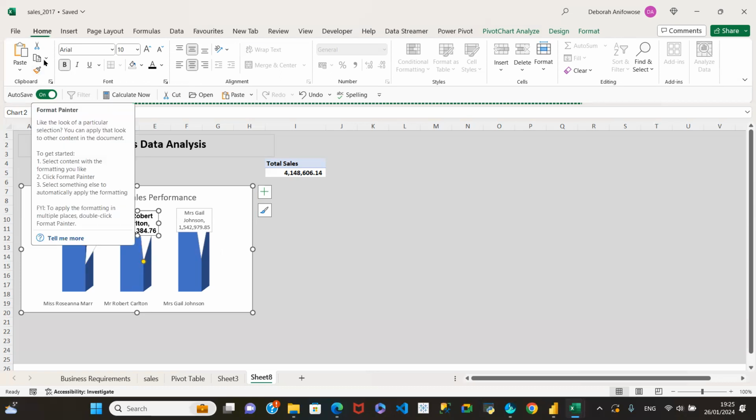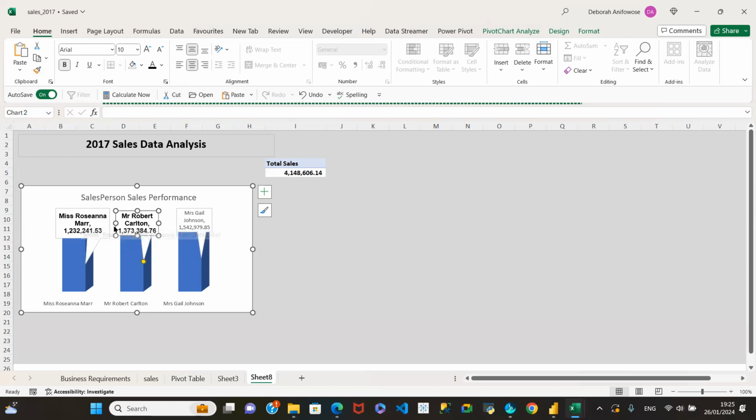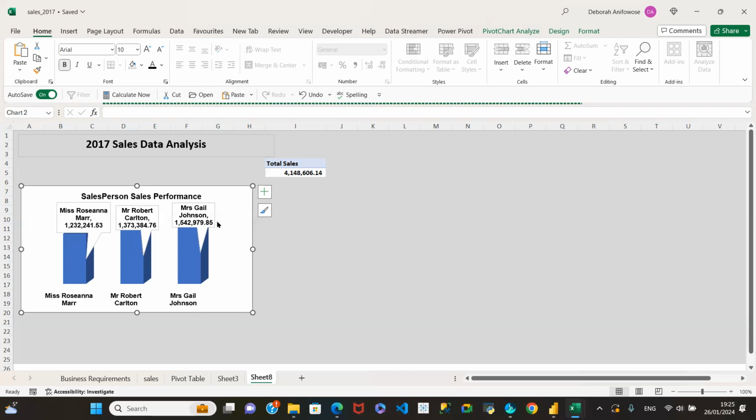Okay, so that's a feature that helps you to save time. Say you have done formatting on one item, you can use it to apply the same formatting on another. So I'm going to click on that, and now we have that. If I don't want this axis, because I've already got Miss Rosianna, their names and the values they brought in on here, I can always take it off,